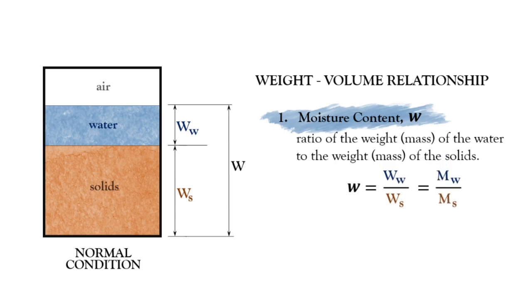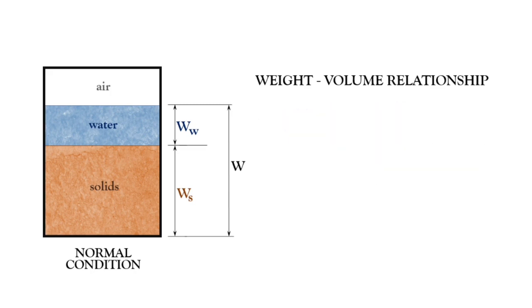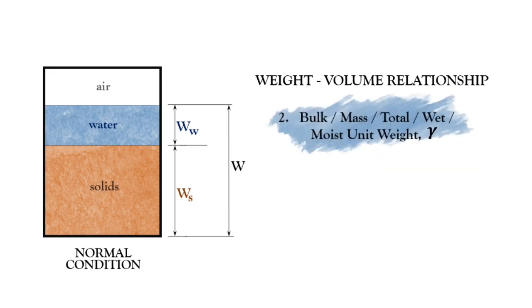So, dito wala na tayong kukuning range of values, dahil kung mapapansin ninyo, pwedeng tumaas yung value niya, dahil pwedeng mas mataas yung water kaysa sa solids, mas mataas yung solids kaysa sa water. So, wala tayong range kapag weight and volume relationship na yung pinag-uusapan natin. Okay? So, pangalawa, meron tayong tinatawag na bulk or mass or total or wet or moist unit weight of the